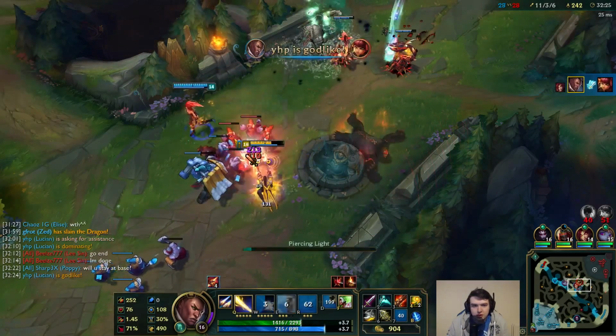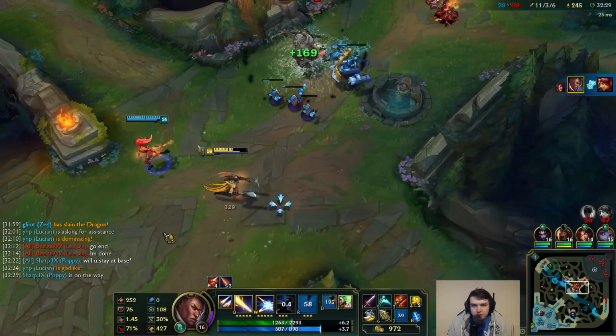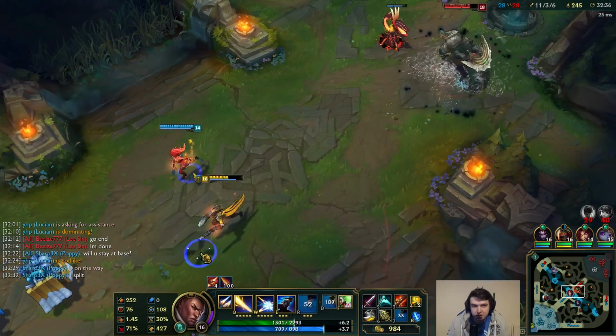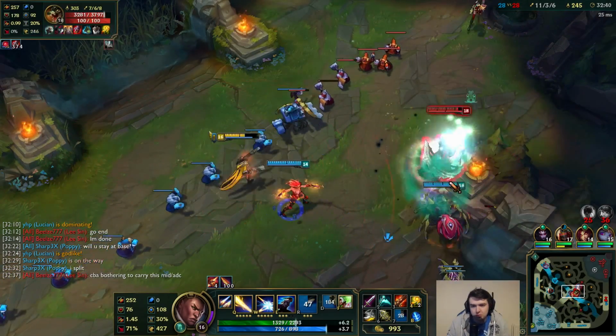You see as well something there that I actually haven't talked about yet, is that if you activate your W on a target, because every time you hit, you gain 80 movement speed for a second. With your ultimate, each tick of it actually counts as 1 auto. So basically, you put your W on someone, then you hit them with your...